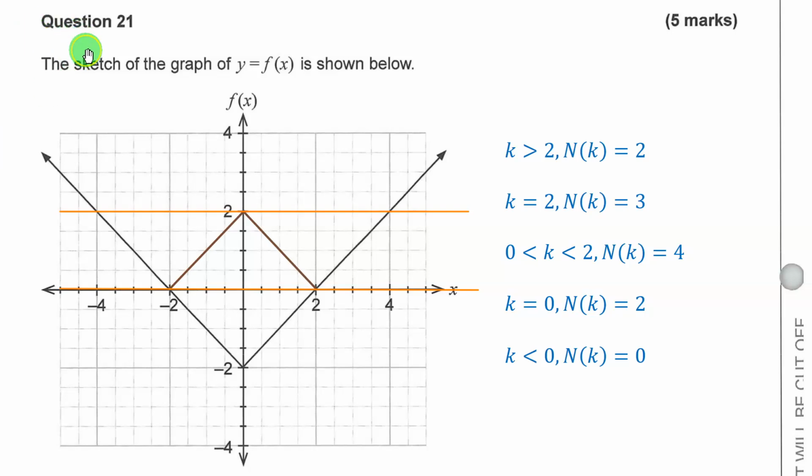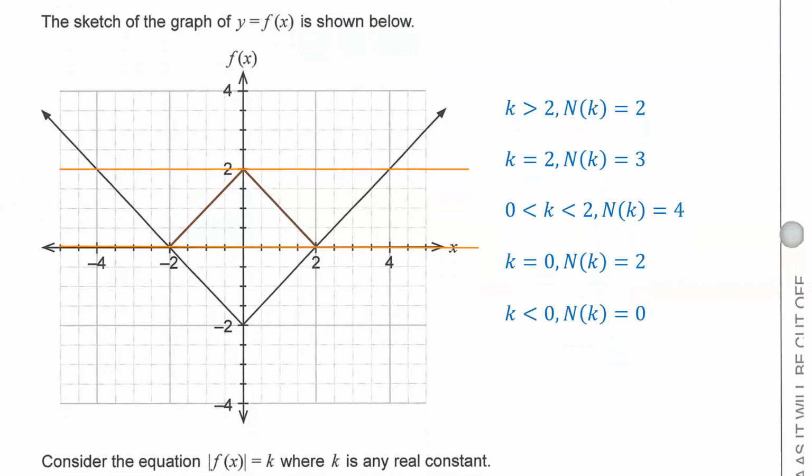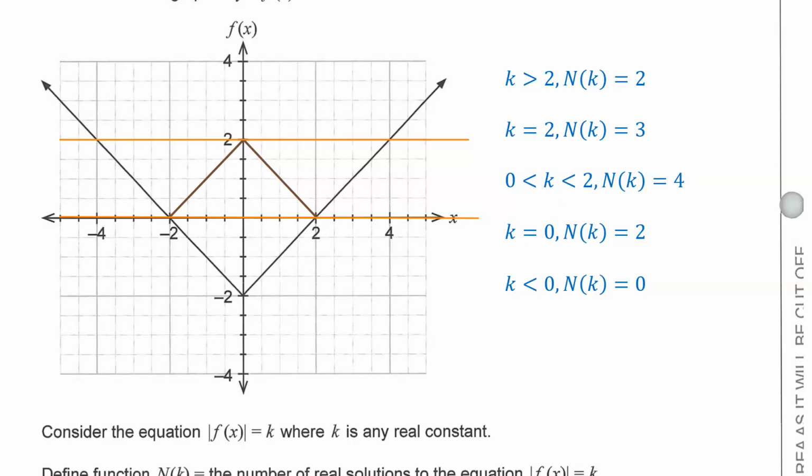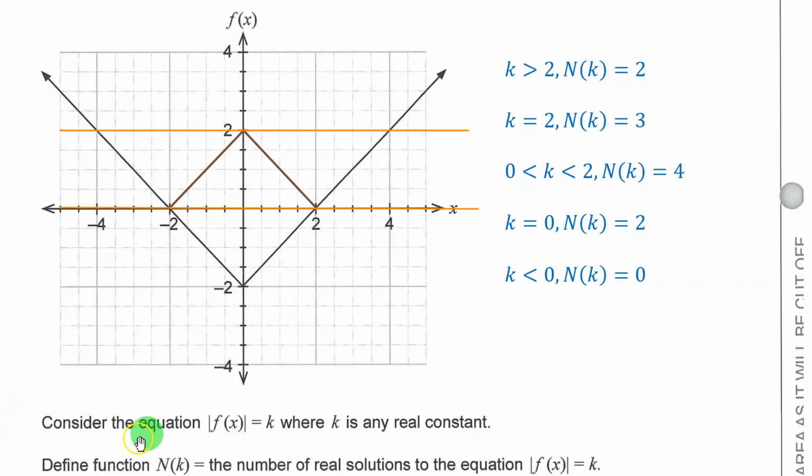So we're on to the last question of the exam, and it's a little bit silly. I think students have been exposed to this type of question before, but basically we had this V-shaped graph here. The sketch of y as f of x is shown below, and let's slide down to where we're told what's going on. So consider the equation, the absolute value of f of x is equal to k, where k is any real